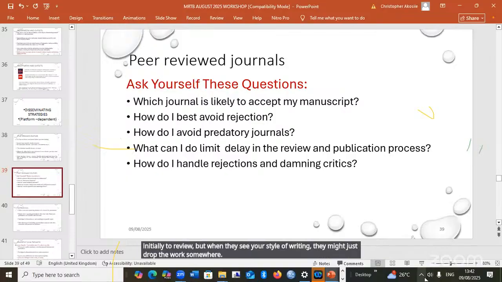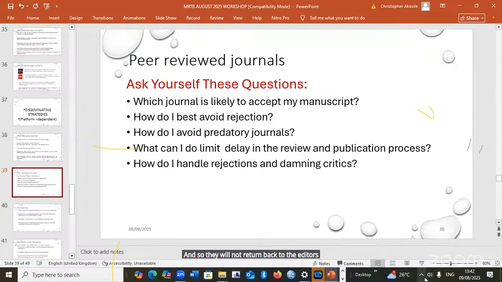And so they will not return back to the editors in time. So you need to be careful that your writing style is such that potential reviewers will read and understand you very easily.